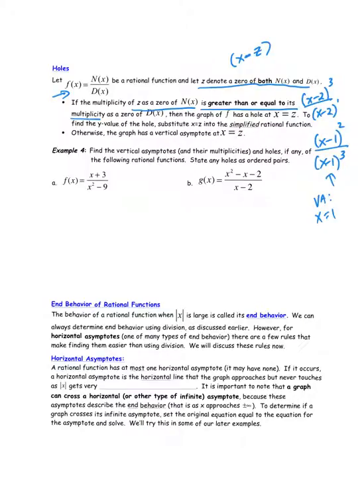When we're analyzing rational functions, we're going to factor the numerator and the denominator. So in letter A, x squared minus 9 is a difference of squares, which I can factor as x plus 3 times x minus 3. And now we're going to determine whether we have vertical asymptotes or holes at various values. So first, let's try to do vertical asymptotes. I'm going to write VA for vertical asymptote. And for vertical asymptotes, I'm looking for when the denominator is 0,